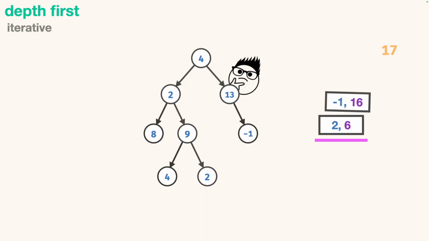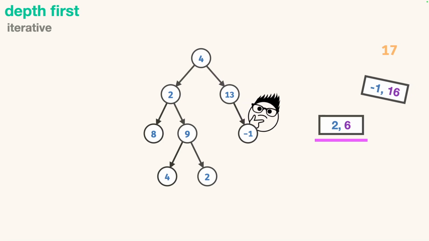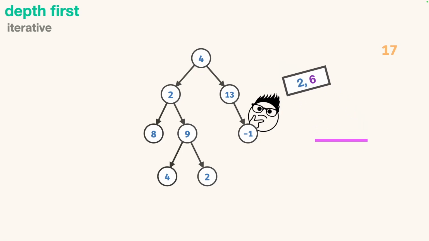So on this next iteration, I pop off that -1 I just added. So I'm at this node over here, corresponding to this path, right? And its sum is 16. That doesn't match my target of 17, and there are no children to add, so I'm actually done with this item. At this point, I pop my next item off the stack, which would be the 2,